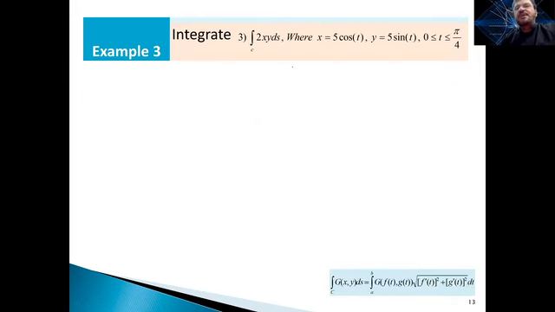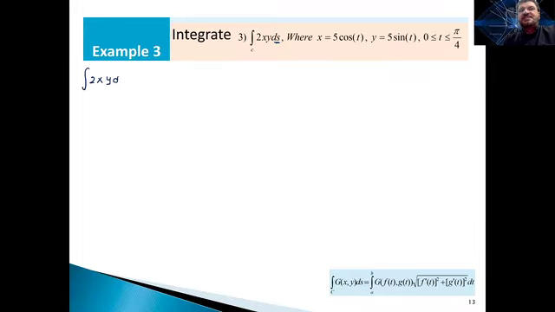What if I need to integrate with respect to S, the whole curve? Look at the formula. I put it here down. Now this is the only formula you need to memorize. So this is why I put it there. So what do we say? So the integration of